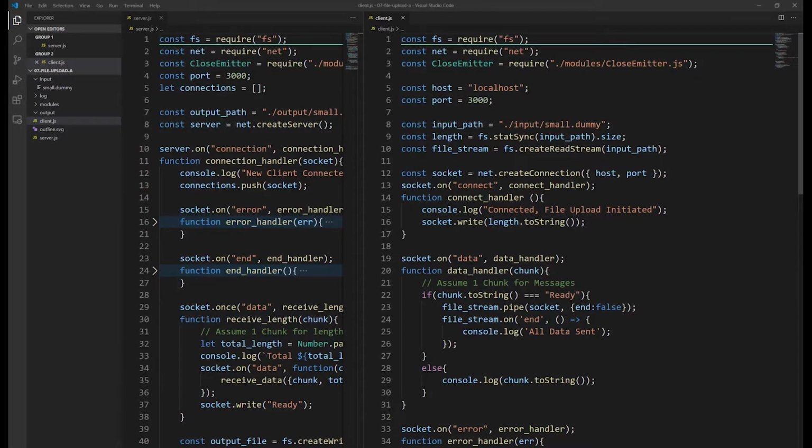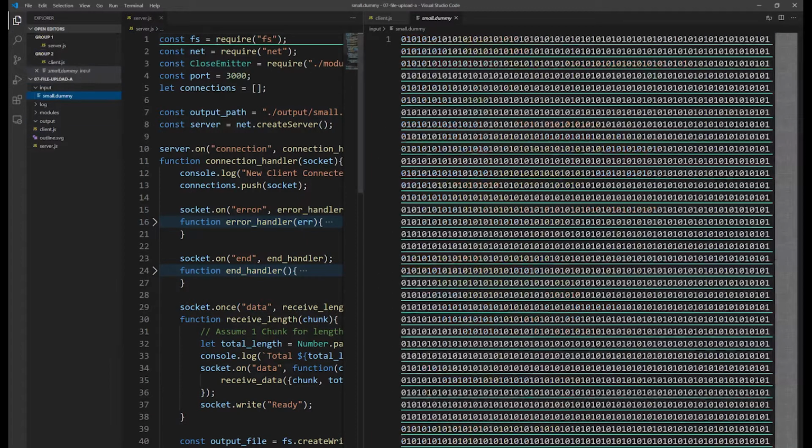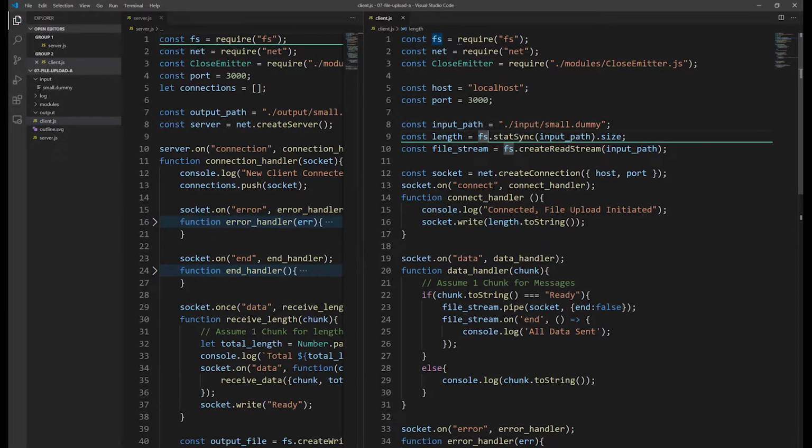The client is sending a message to localhost on port 3000. We are going to be uploading a file, input/small.dummy. And if we look at this file, it's just a bunch of zeros and ones. We are going to get the length of this file using fs.stats, which will just give us sort of metadata about the file. Then we're going to create a read stream on that file so that we can pipe it